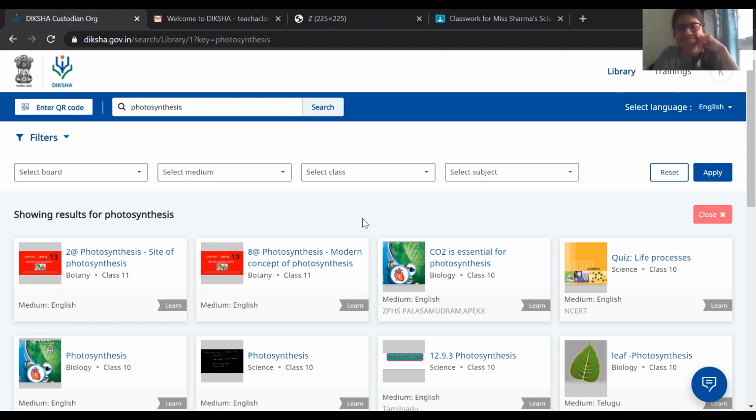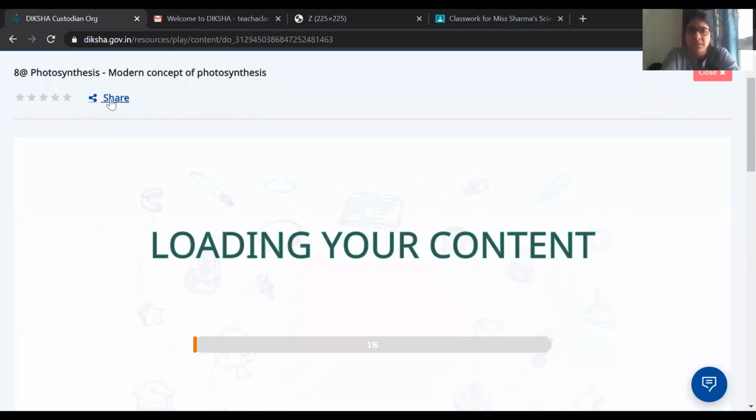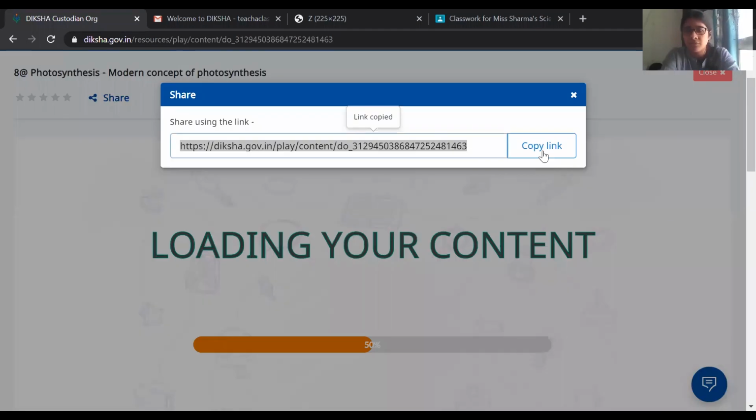Another question, I will just club two questions right now. Can we share these via Zoom as well as Microsoft Teams? I haven't checked Microsoft Teams, but I can say about Zoom for sure. For example, if I am trying to share this, I'll just click on share. I have the link.